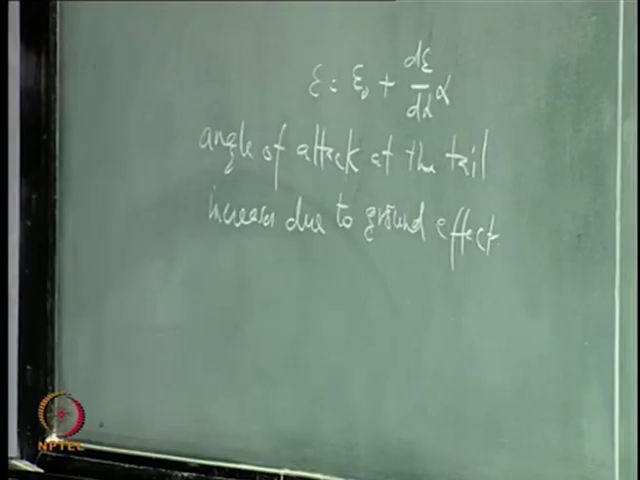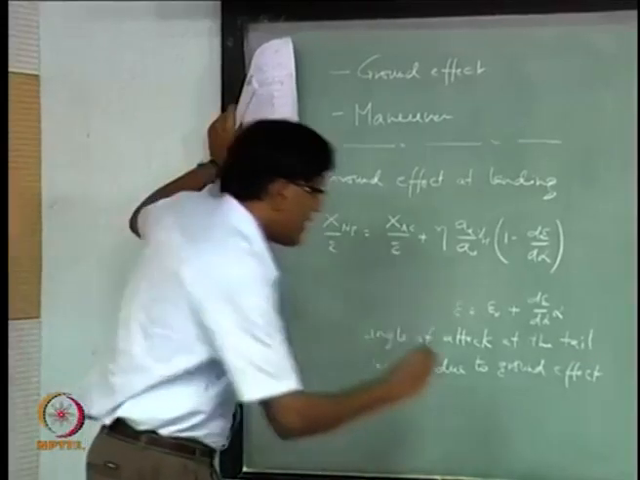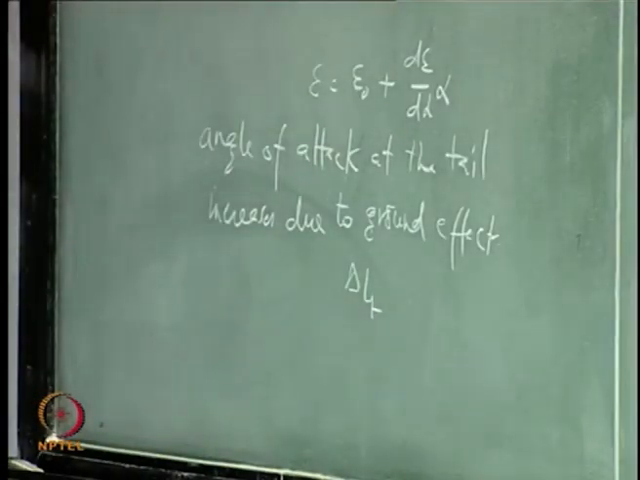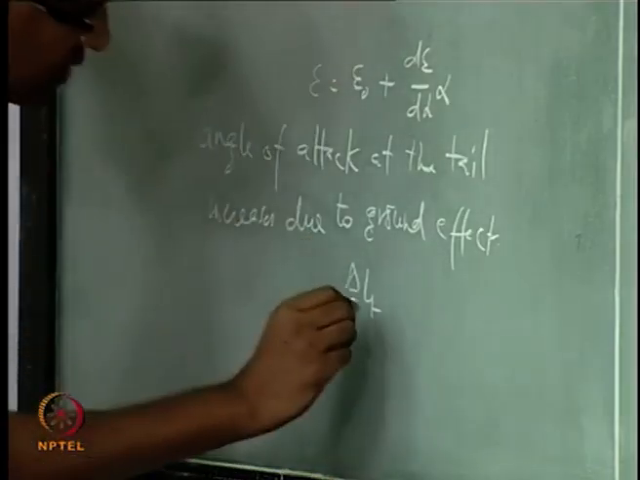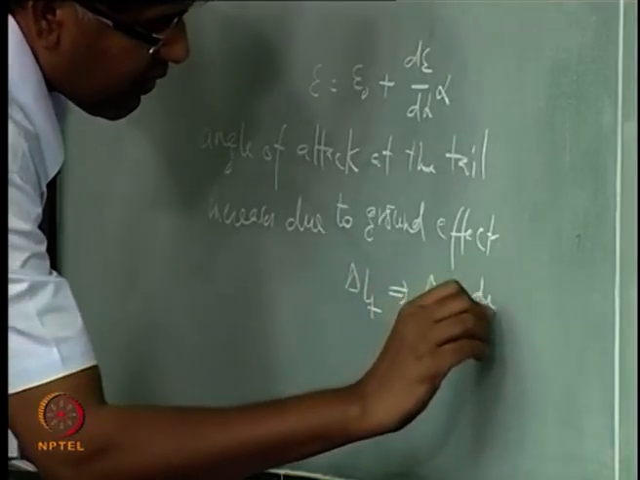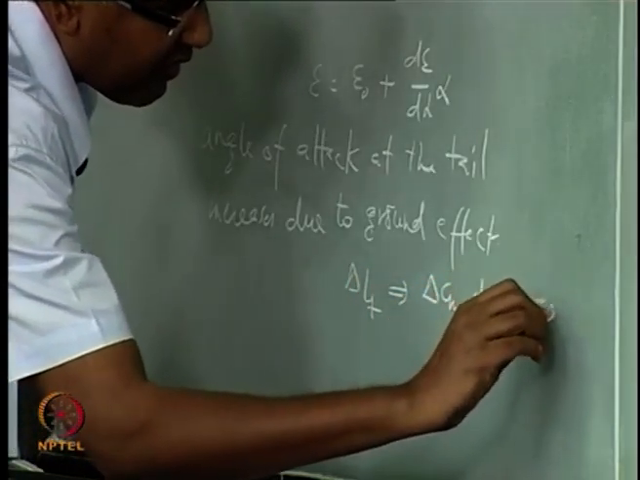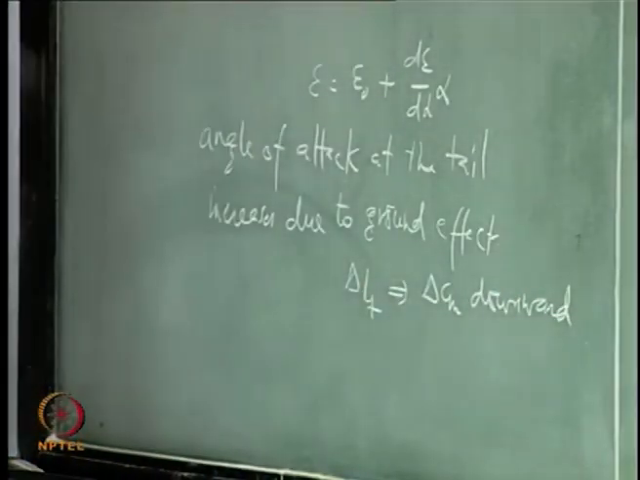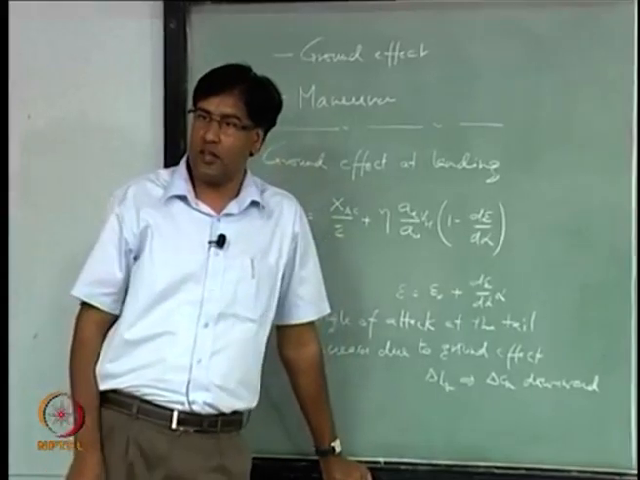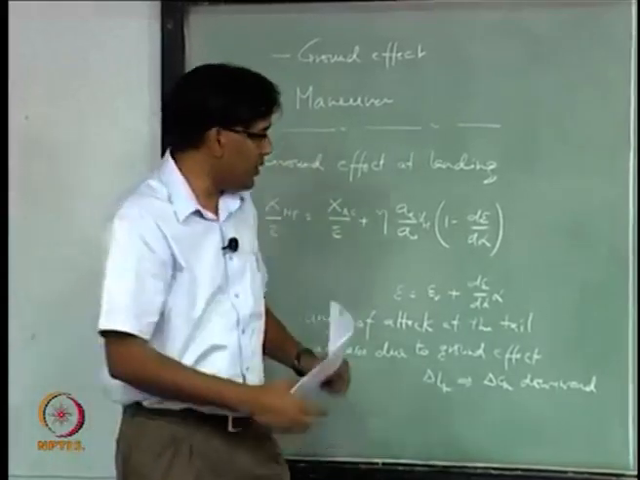Right, and that small delta LT is going to create a downward pitching moment. So, further elevator up you require, isn't it. So, in both the situations,